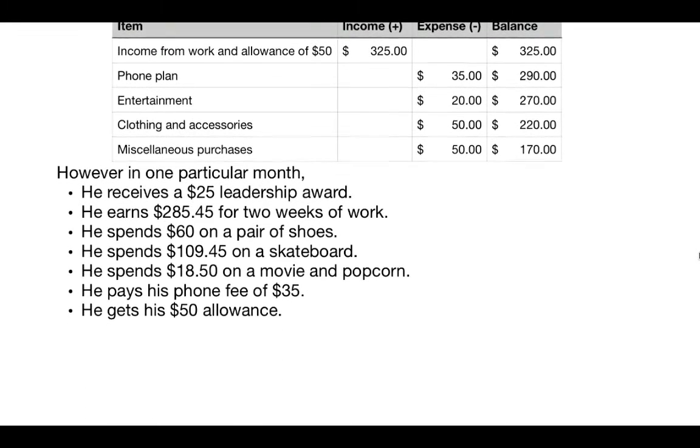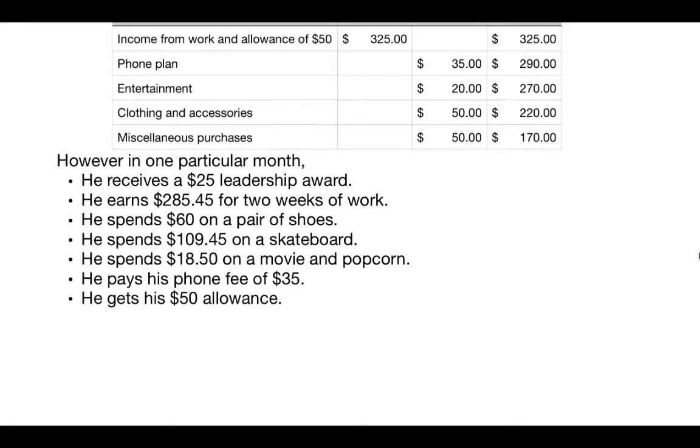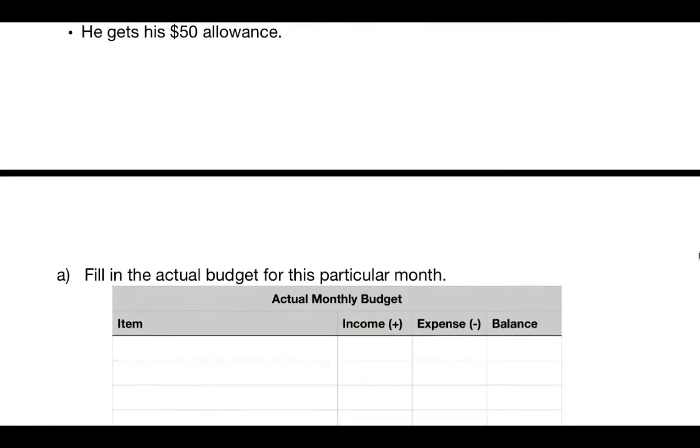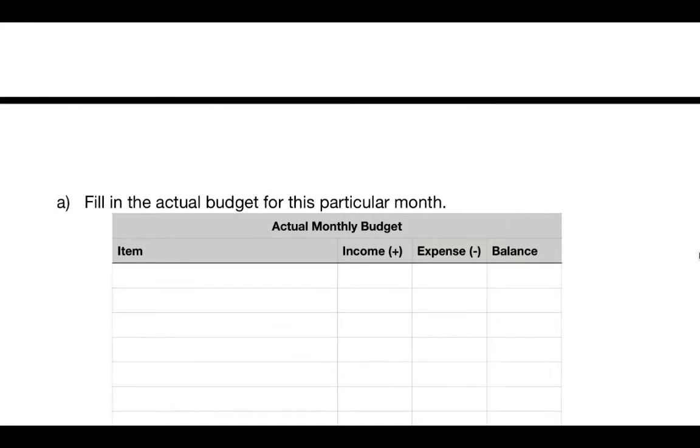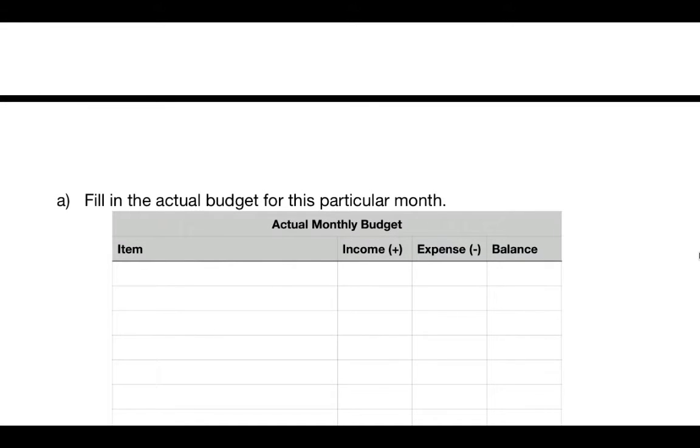But in one particular month, things were a little bit different, so let's take a look at this. They receive a $25 leadership award. This person gets $285.45 for 2 weeks of work, spends $60 on a pair of shoes, $109.45 on a skateboard, $18.50 on movie and popcorn, and pays the phone fee of $35 and still gets the $50 of allowance. So if we record these things into the actual budget for this particular month, then we can do a little